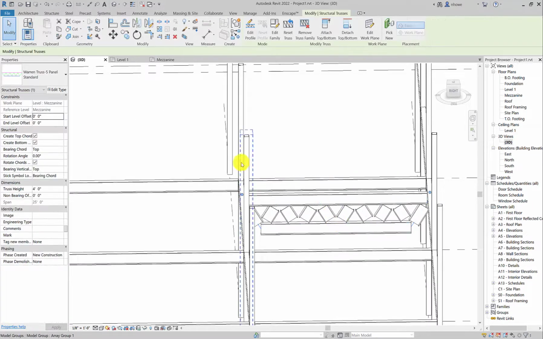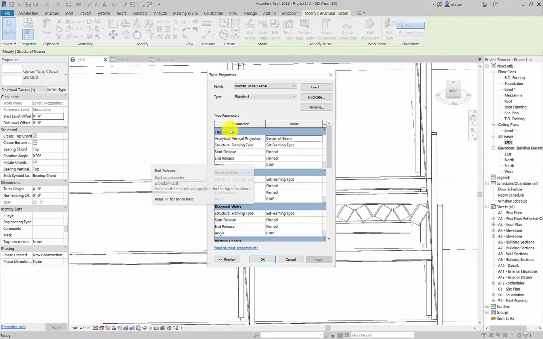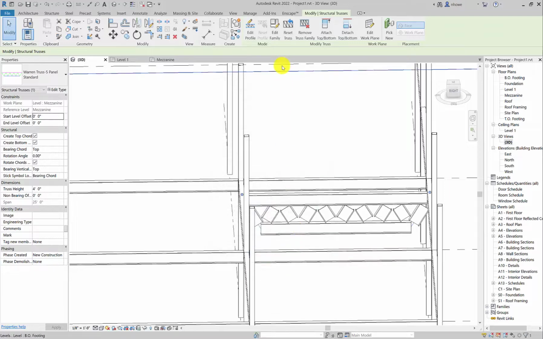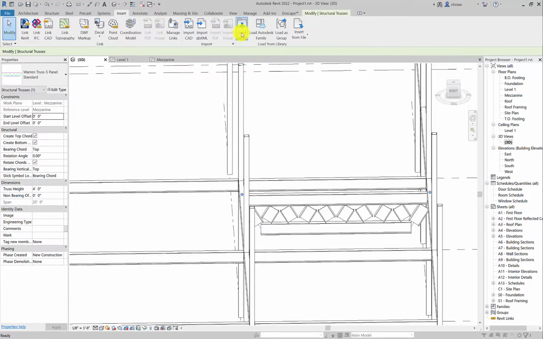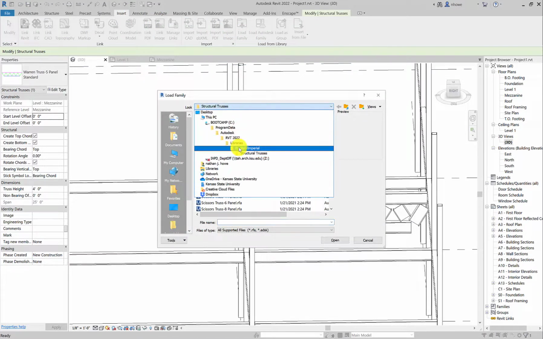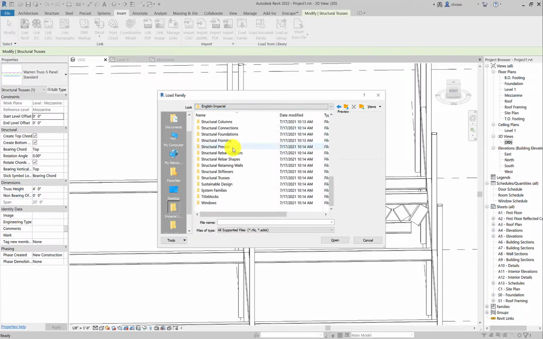Now the next thing is that we need to see kind of what is going on. Why does it look so funky? So we're going to edit type, and we're going to see in here the top chord is using a set framing type, which is defaulting to one of these 2, which are our big girders and beams. So that makes no sense. So we're going to need to load a few other types into here. So I'm going to go load family. We're going to go back up to English Imperial, and then we're going to go to framing,